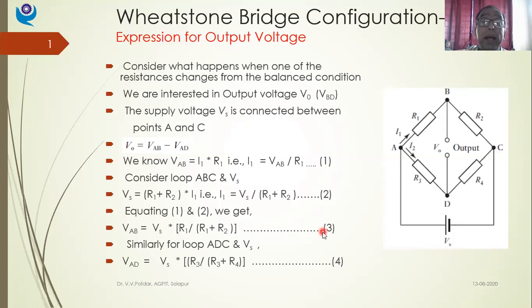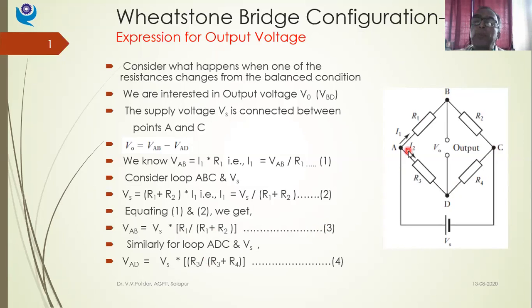What are we interested in? We are interested in V0. V0 is VAB minus VAD. Out of VAB minus VAD, we have found out VAB. VAB is Vs into R1 upon R1 plus R2. My equation number 3. Now,